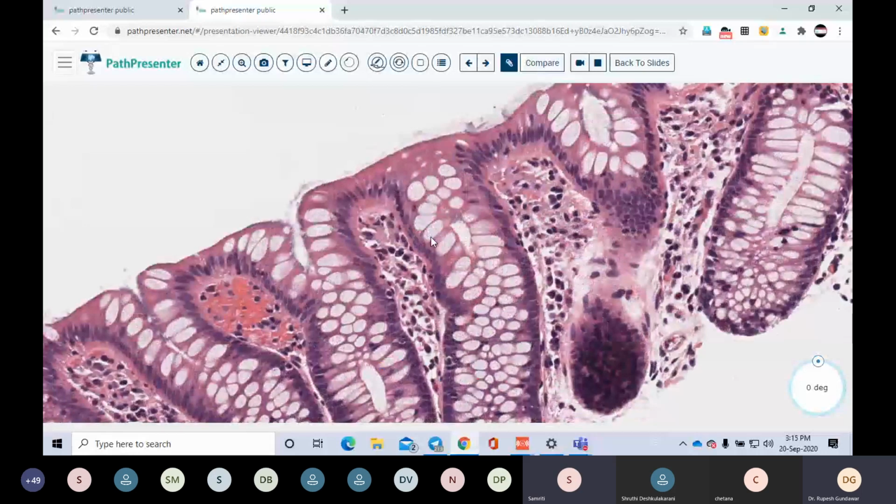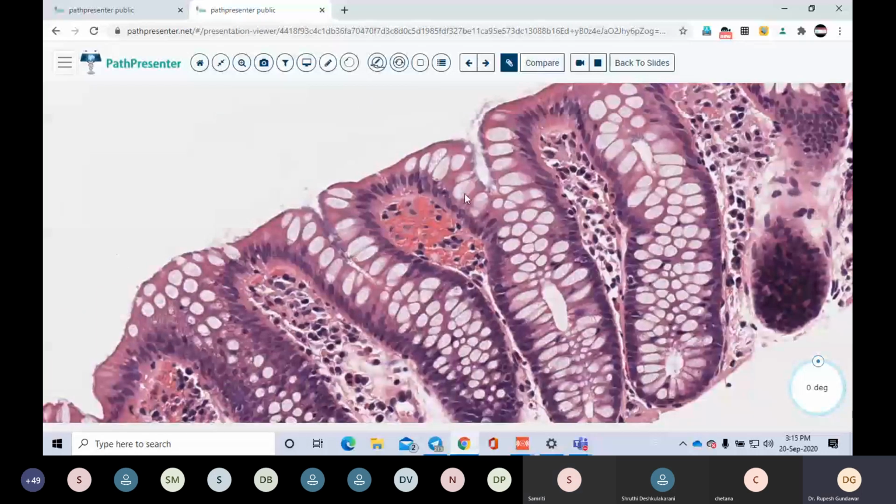Cryptosporidium. This is the case of pyrophytosis. Actually, spores are not visible. The organisms appear as if they are replacing the brush border. See here, these are. If you do a Warthin study, they will be picked up. But I think in this case, a Warthin study is not required. This is a classic case of pyrophytosis.